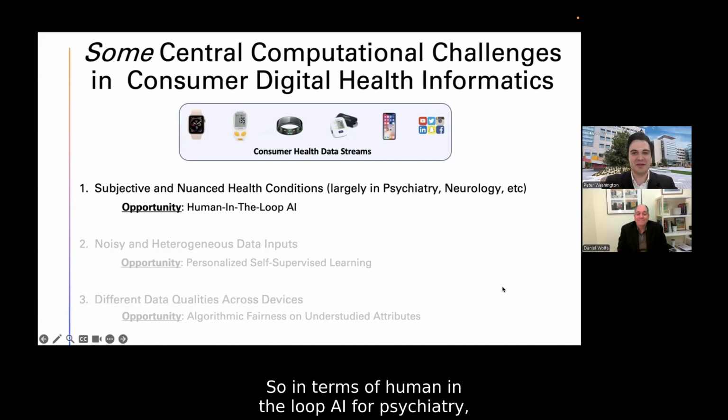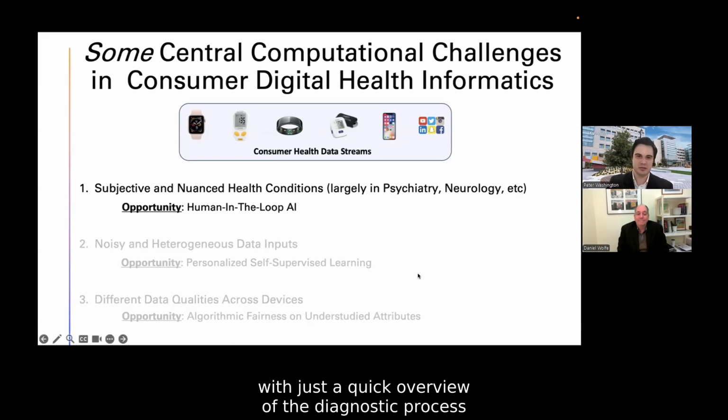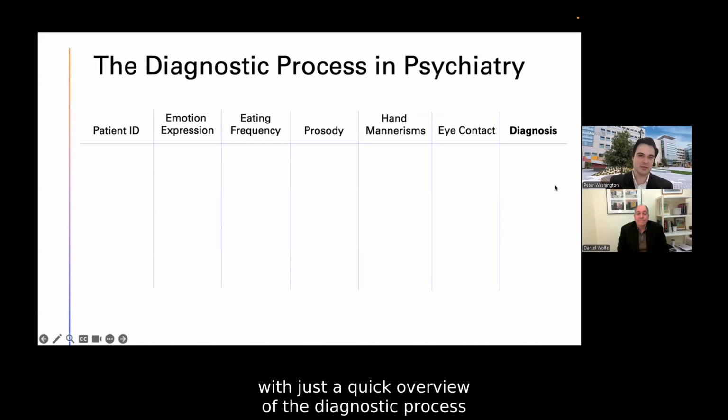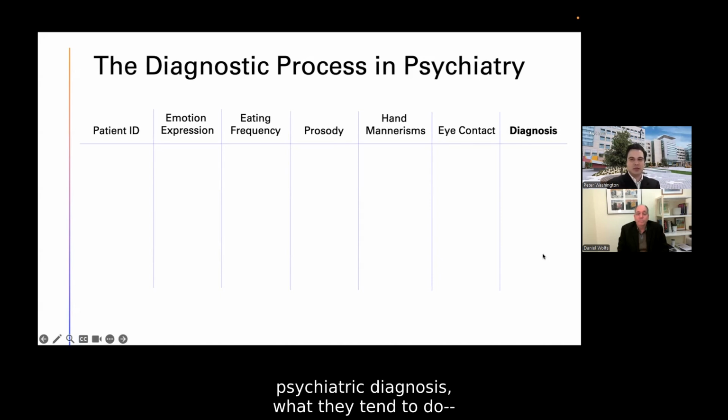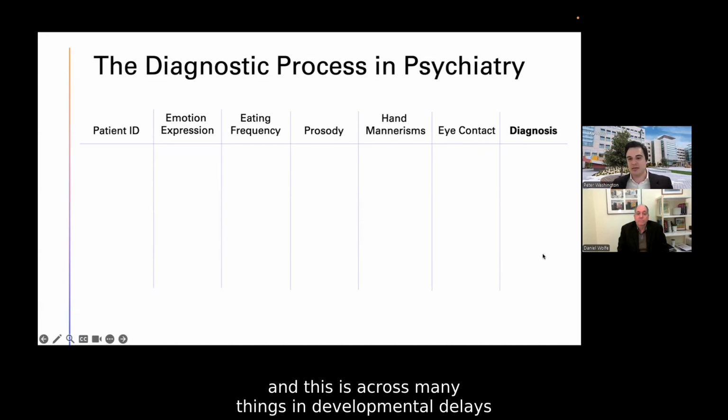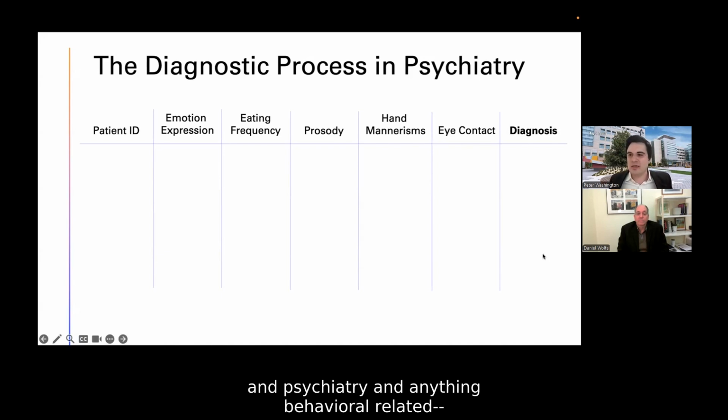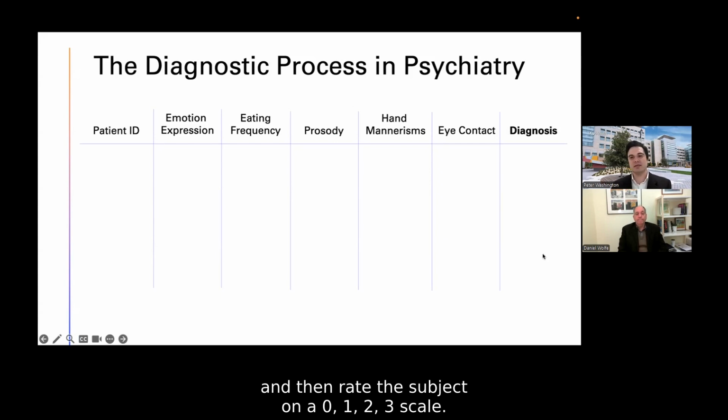So in terms of human in the loop AI for psychiatry, I thought it would be useful to start with just a quick overview of the diagnostic process in psychiatry. When a clinician is evaluating someone for some psychiatric diagnosis, and this is across many things in developmental delays and psychiatry and anything behavioral related, the clinician will oftentimes perform interviews or things like this, and then rate the subject on a 0, 1, 2, 3 scale,